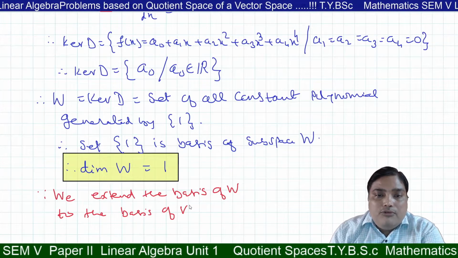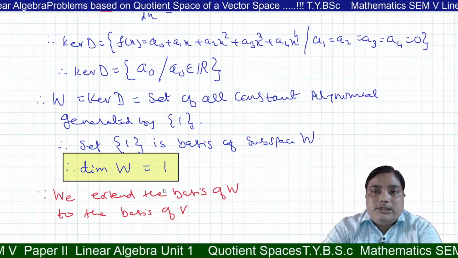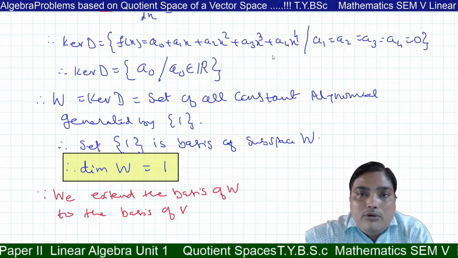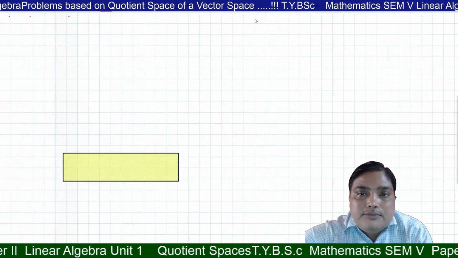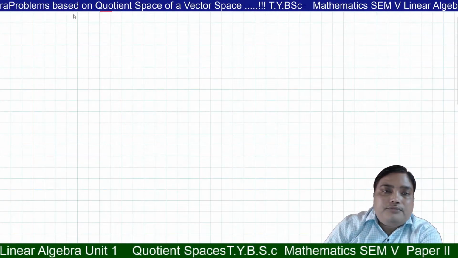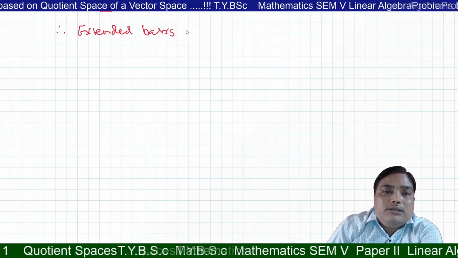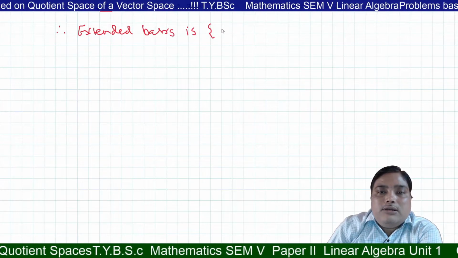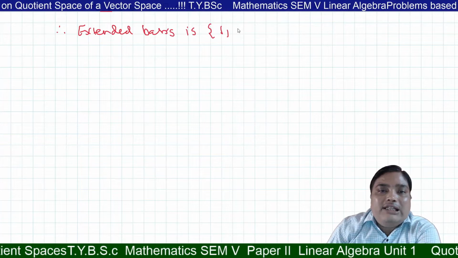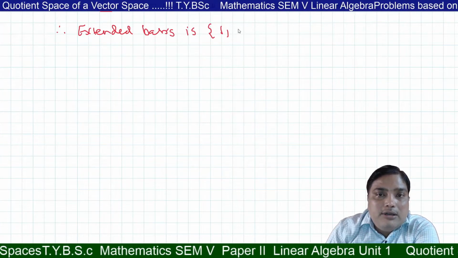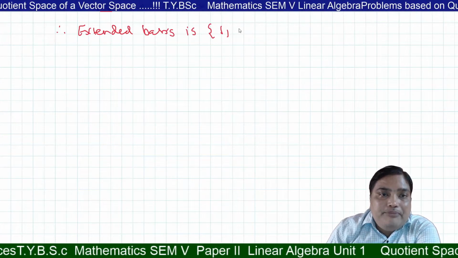So therefore the extended basis of V is what? Therefore the extended basis is 1. Now we have to add 4 elements here, because dimension of V is 5 and dimension of W is 1, so we need to add